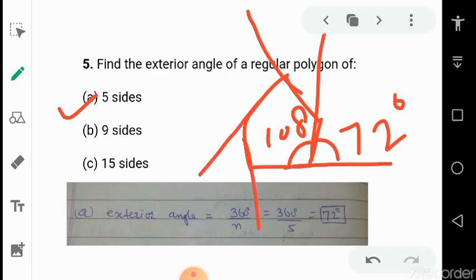Here the measurement of all interior angles is same, measurement of all exterior angles is same, and the length of the sides also is same. So B and C part you will do, just divide 360 degree by 9 and 15. All right,